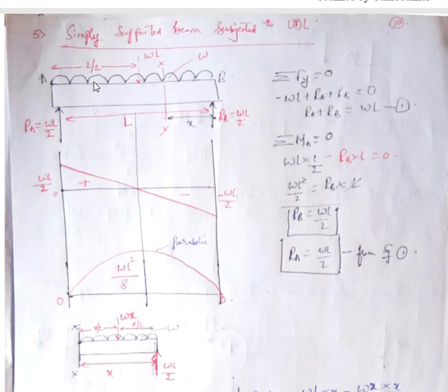Okay, so the area of the rectangle is nothing but height, which is the load intensity W, into length L, and this will be converted into a point load, that is WL, and this load will be acting exactly at the center or centroid of this rectangle, that is L by 2 from the left end and L by 2 from the right end. So after converting to a point load, this is the load we are getting.